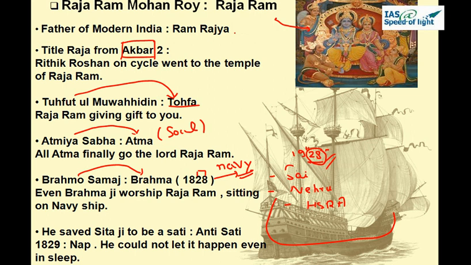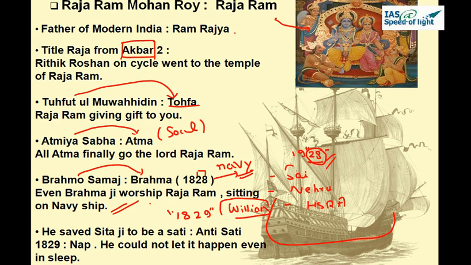Okay, Brahmo Samaj, our picture is of Brahma, Lord Brahma. So even Brahmaji worships Raja Ram sitting on Navy ship. He saved Sita ji from being a Sati, and anti-Sati. 1829 NAP. So in 1829 we see anti-Sati law being passed by William Bentinck. William Bentinck, if you remember, William was villain for us and villain was Amrish Puri, and we related him, he was burning women like Sati in his movies. So anti-Sati, Lord Ram, we have